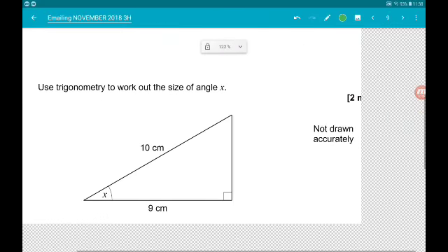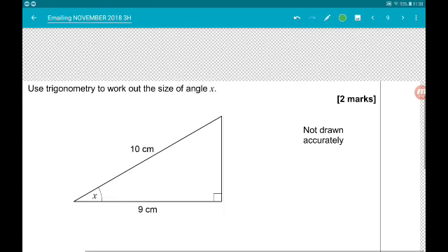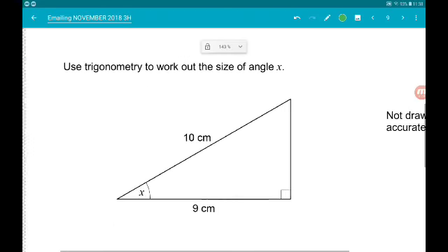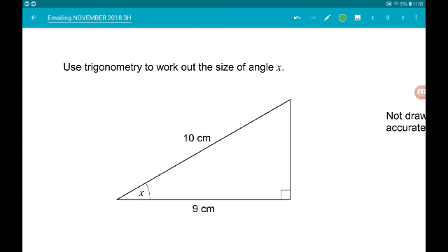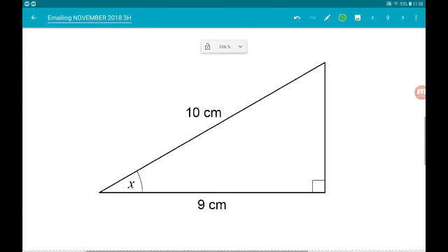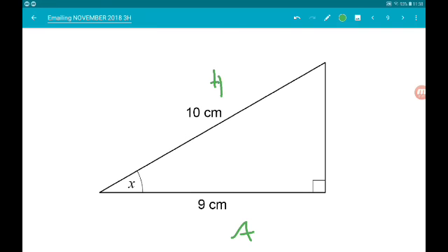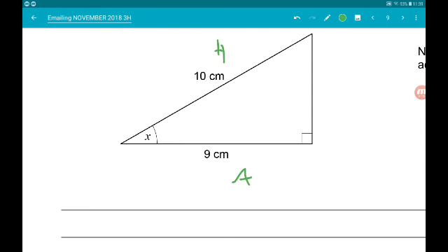Question 11 for 2 marks. Wants us to use trigonometry to work out the size of angle x. So, this is nice, straightforward SOH CAH TOA. My playlist is down below. So, in terms of the angle, we've got the adjacent and the hypotenuse. So, is it SOH? No. CAH? Bingo. So, CAH tells us cos of x